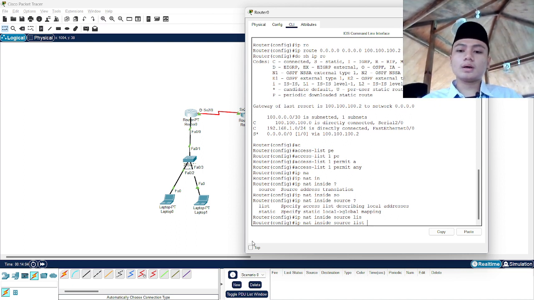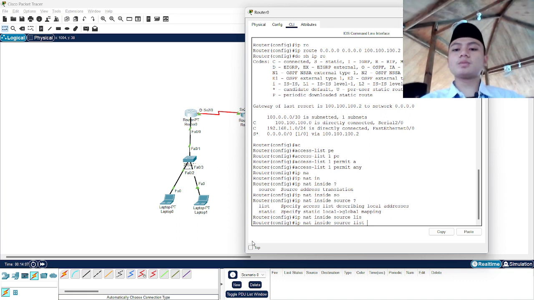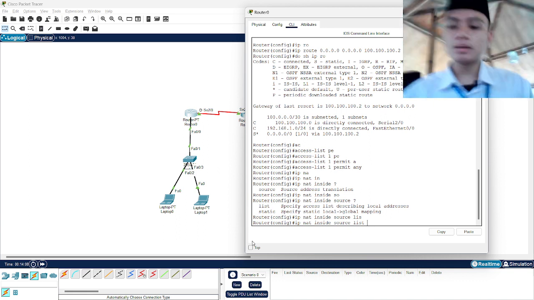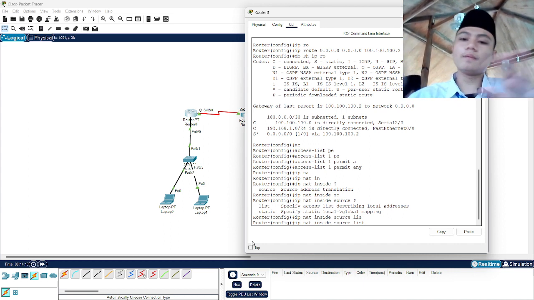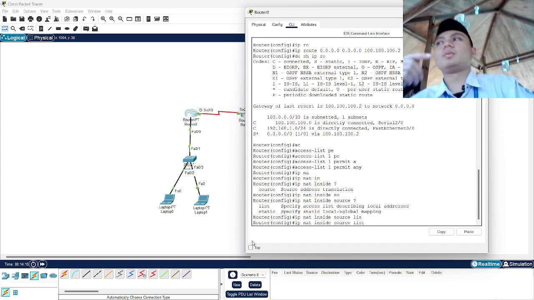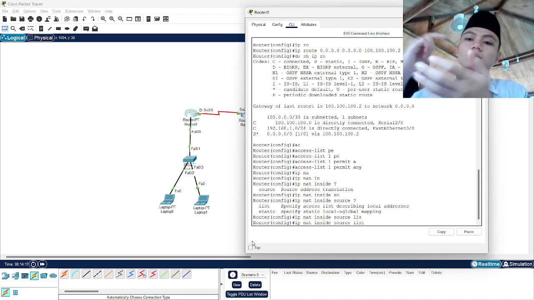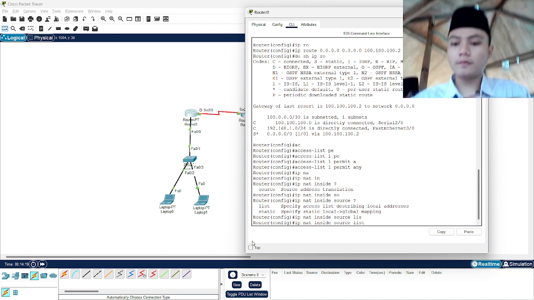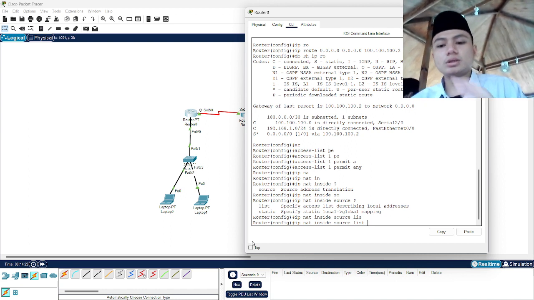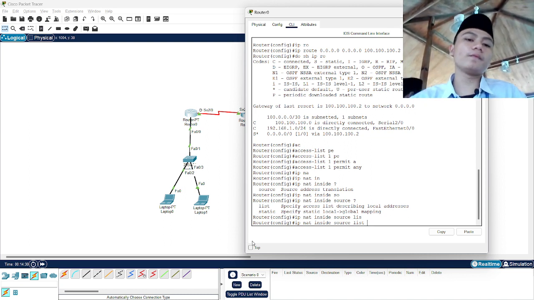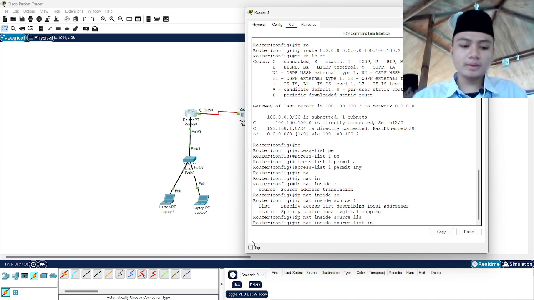You must make a pool for public IP, so you write down the pool of public IP in here. Maybe 100.100.100.2 until 10 for your clients in here, but we're not using dynamic NAT. We're using dynamic overloading NAT. So we just use the interface of the public IP we put, interface